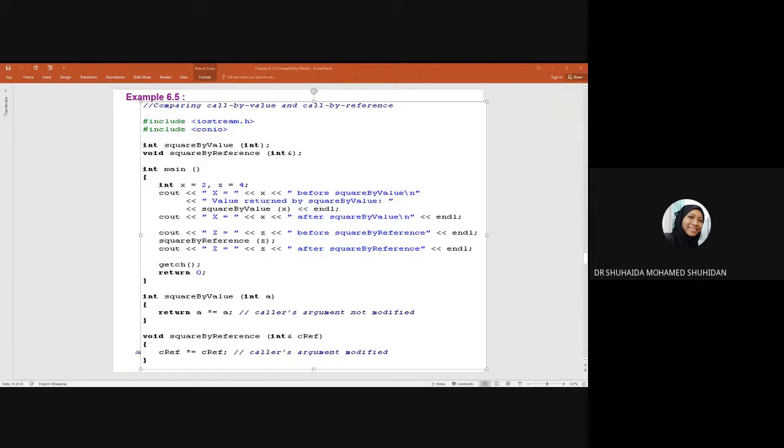Okay, so C ref equals to berapa z tadi? 4 ya. C ref sekarang adalah 4. 4 times 4 is 16. 16, correct. So the value here is 4 or 16? 16. 16 sebab kita pass by reference. Reference. Yeah, so caller's argument are modified because